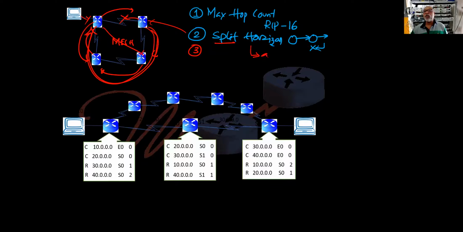Split horizon should work when all is well, right? When something goes wrong, you trigger the update, a triggered update. That means immediately you trigger the update. What do you trigger? Route poisoning.